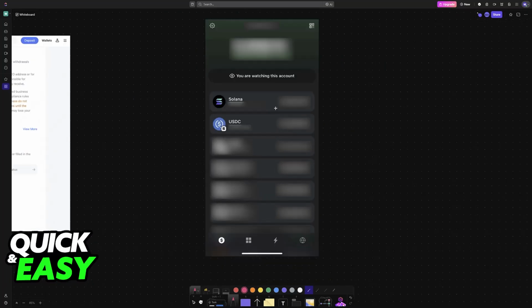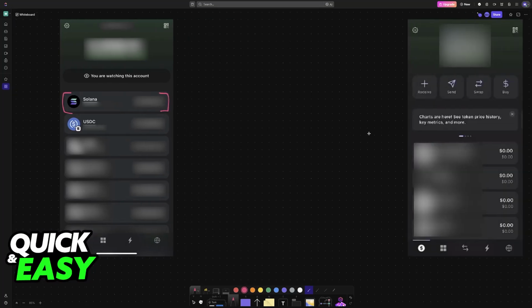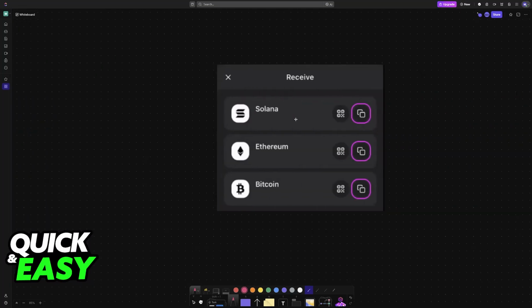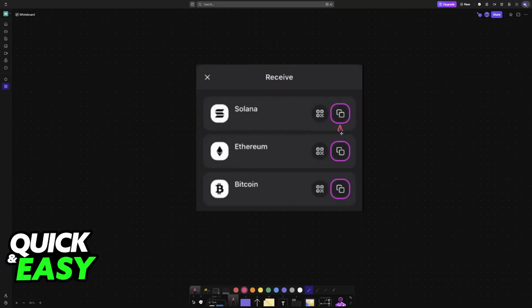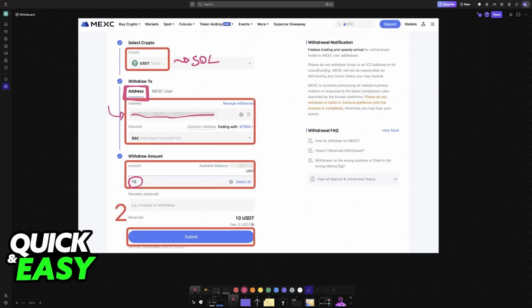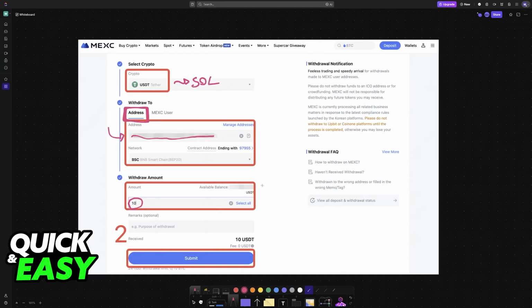So if you need to acquire the wallet address, to do this, I recommend using their mobile app. Open the Phantom Wallet mobile app, and then you can either tap on Solana, or alternatively, if you see the receive option directly on the home screen, you can use this instead, whatever you prefer. Once you choose Solana and then receive, you will see the copy button. So copy the wallet address to receive your Solana specifically, and go back into the withdraw option here on MEXC,